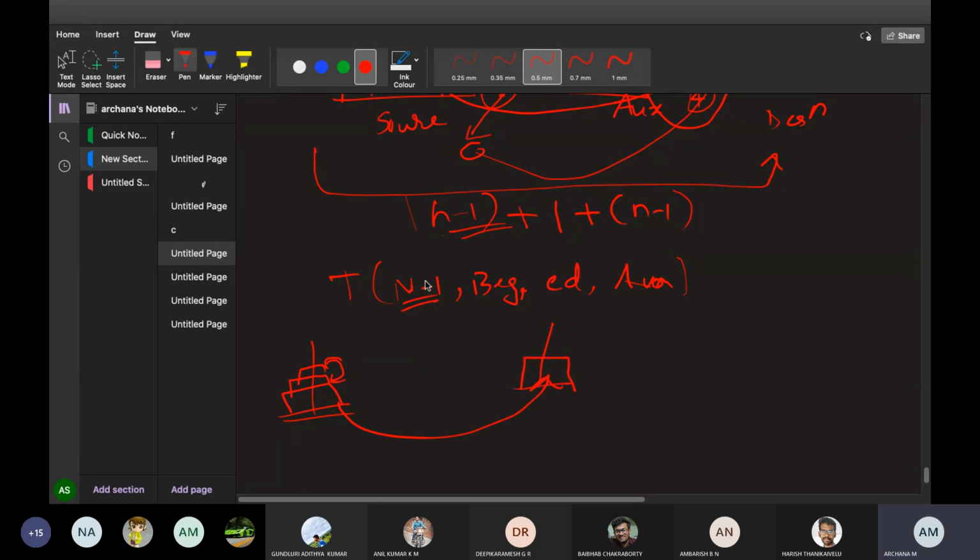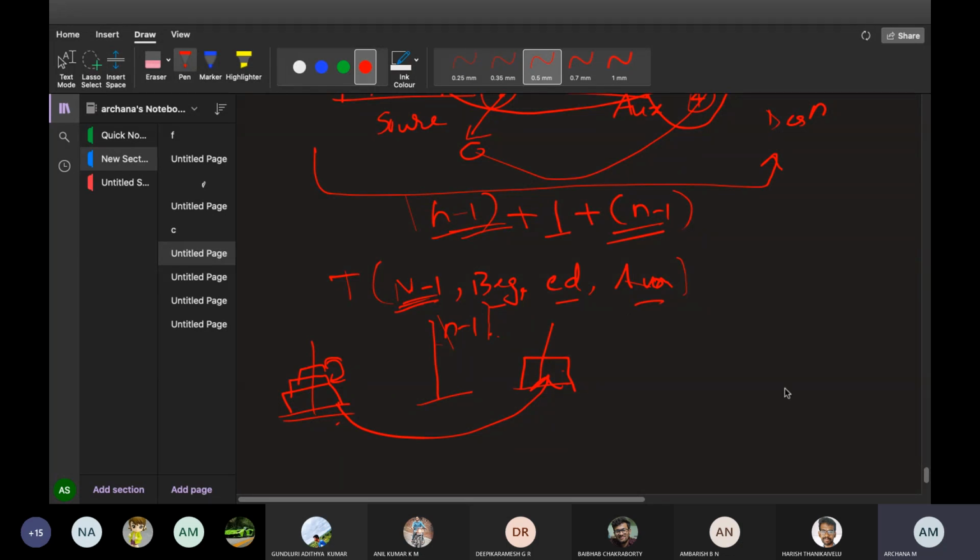So first n minus 1, all steps we will do. Either you can use beginning, destination or auxiliary. Keep on moving that. That is what this formula says. Move n minus 1 first, then finally the large one goes to the destination. Still n minus 1 remaining are there. Keep on moving those n minus 1 from source to destination. That is what I have written here. That's all. This is how that is recursion.